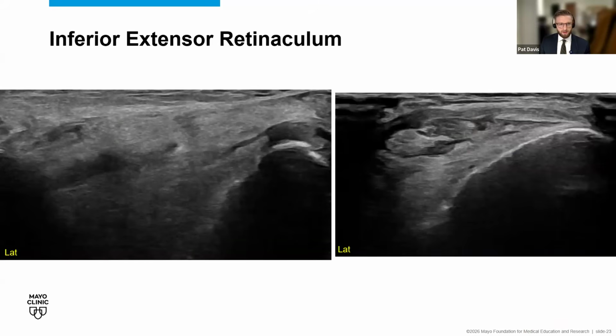So I mentioned the superior extensor retinaculum. You want to evaluate the inferior extensor retinaculum as well, which can be injured in similar processes. So for the inferior retinaculum, there are two bands, as I had mentioned, the superior-medial oblique band and the inferior-medial oblique band. The lateral insertion is on the calcaneus, and this is known as the frontiform ligament, and the two others slip and insert onto the tibia/medial malleolus. So on the left here, what you'll notice is the frontiform ligament running over top here. So that's going to be the lateral insertion of the inferior extensor retinaculum onto the